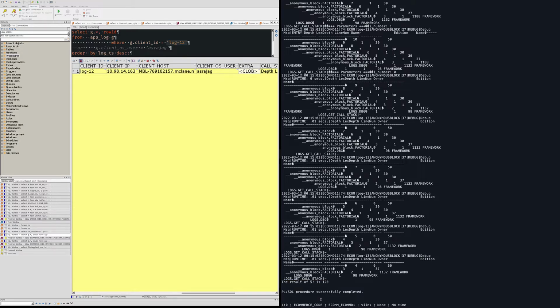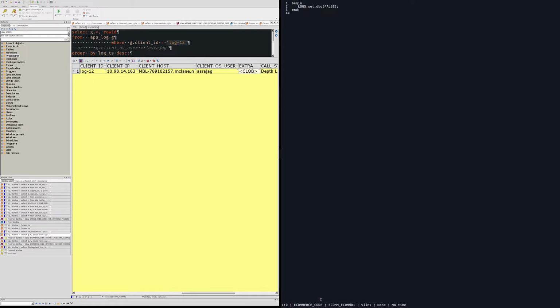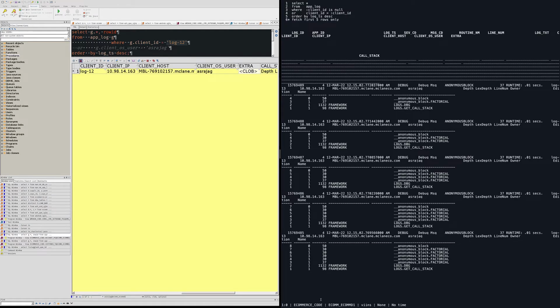So this is the recursion, and we set the debug to false and reset the context and look for the next, like we are going back to the log table, app log table, with our latest